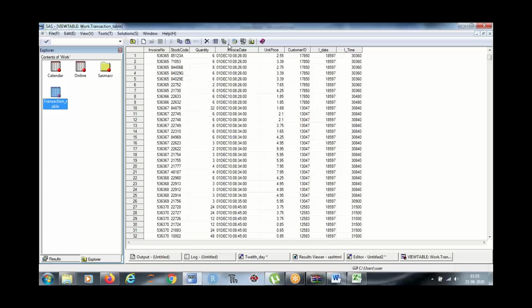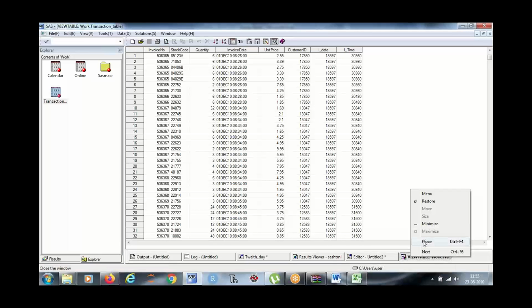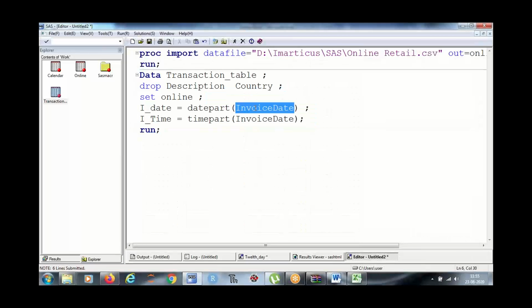So your invoice stock quantity invoice. Okay, we need to drop this one as well, right? Because we don't require this. Invoice date. And you want to give it a format.